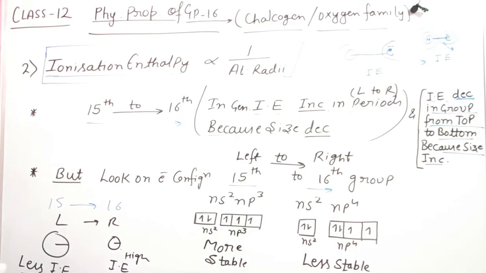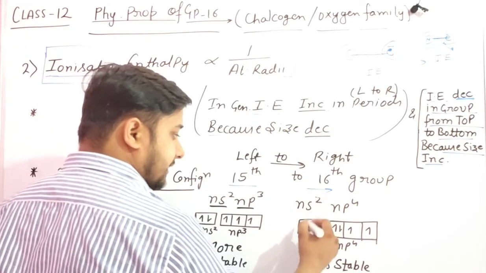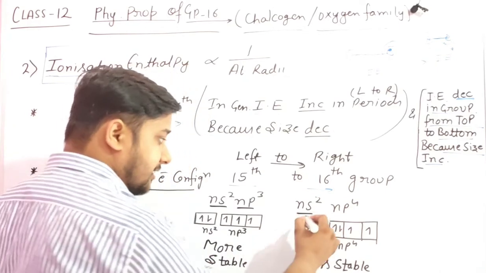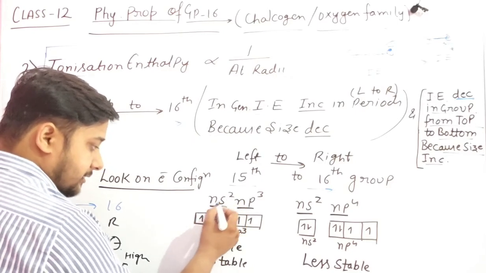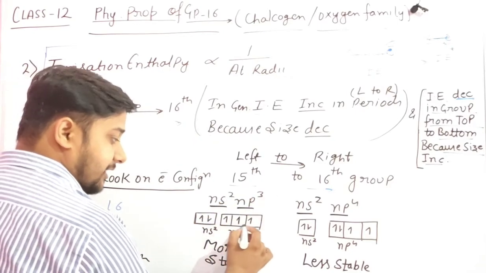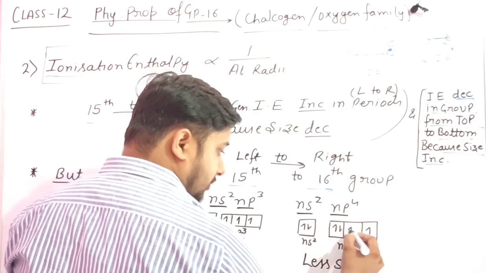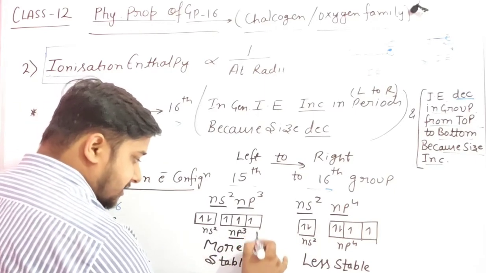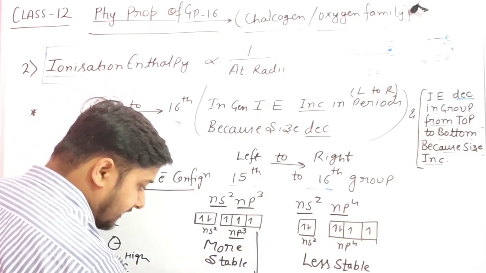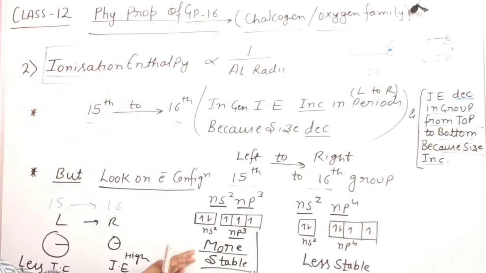Now, but when we look at the electronic configuration of group 15 and group 16, we get ns2 np3. Clear? And in the case of group 16, we get the electronic configuration at the last, that is ns2 np4. Now we are filling the electrons in ns2. These two electrons are filled here. Now np3, one electron in each subshell. Clear? In the case of np4, we are putting here 1, 2, 3, then 4. Pairing will start in the first subshell of the p orbital. So this p is in half filled condition. This is the half filled condition which is more stable, we know very well. In the 11th class we discussed that.